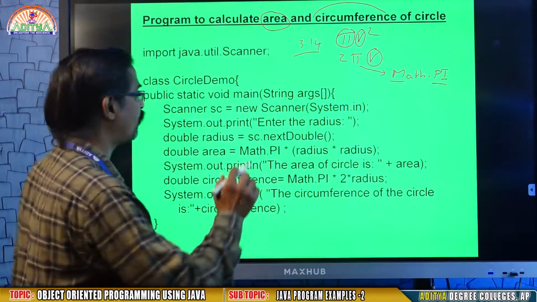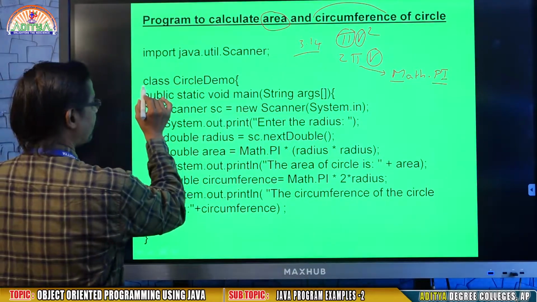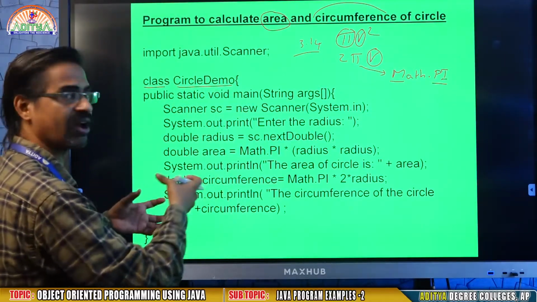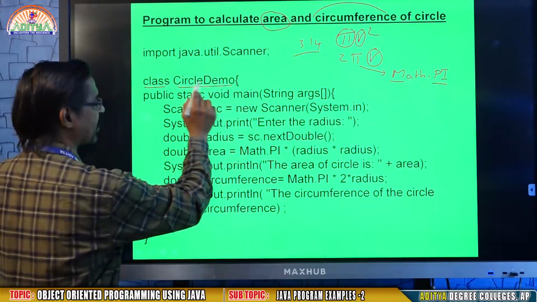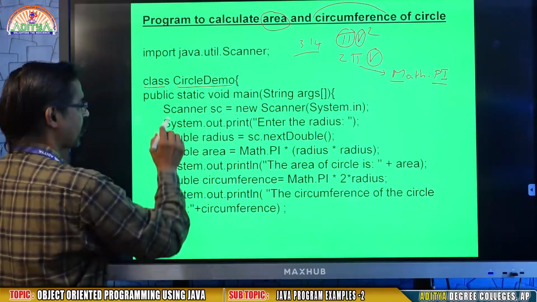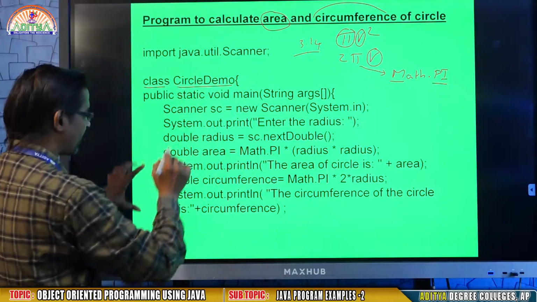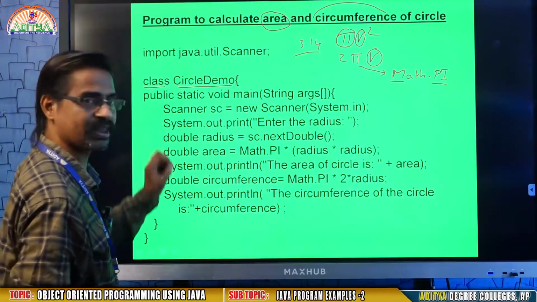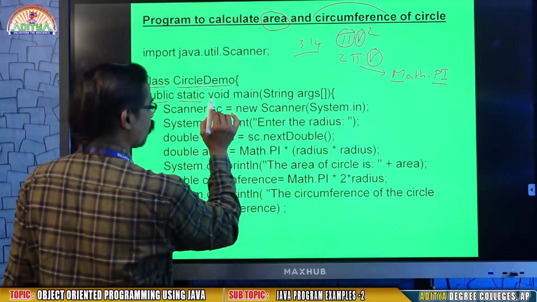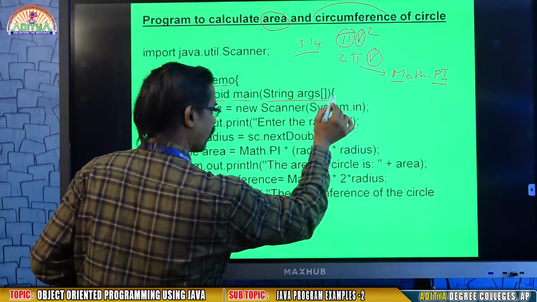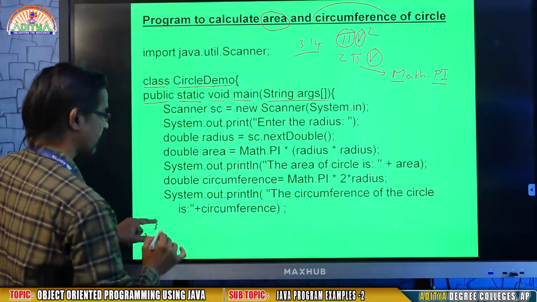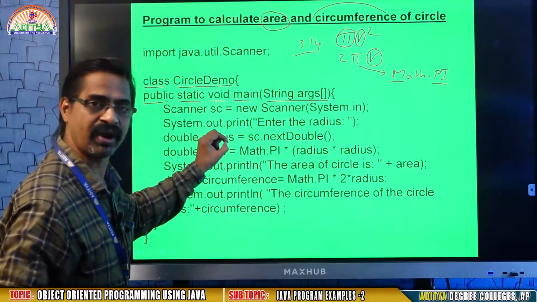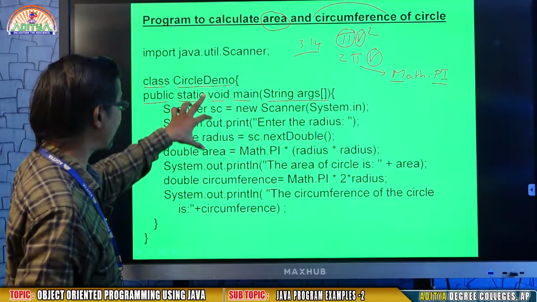class. Now when I am writing a Java program, every Java program has a class name, so that you get some idea of how you are going to proceed in Java. So for the class name, you may write any class name. I gave it as CircleDemo. Then within the class you may write any number of methods, but one particular method is public static void main(String args[]). Now this is the method for the main body. So here main is a predefined method. Always write main within the class.